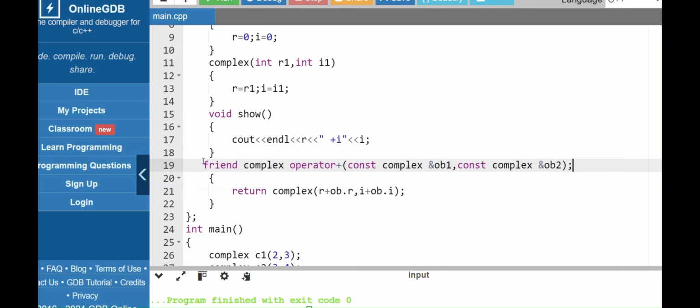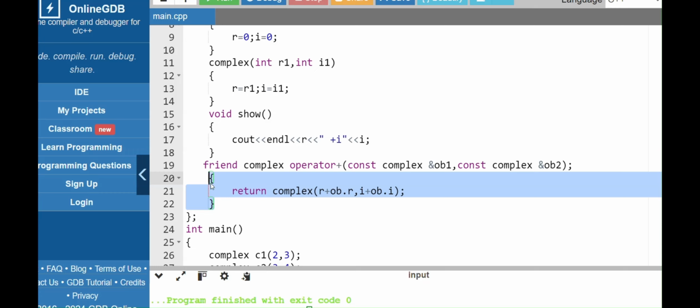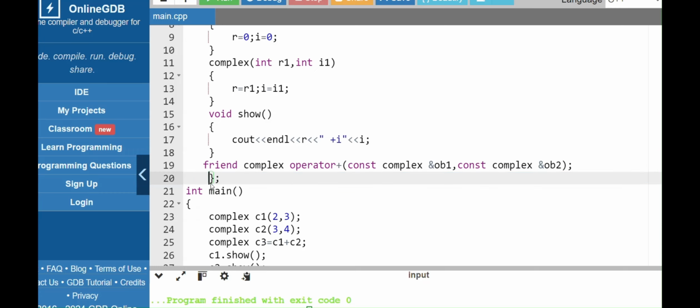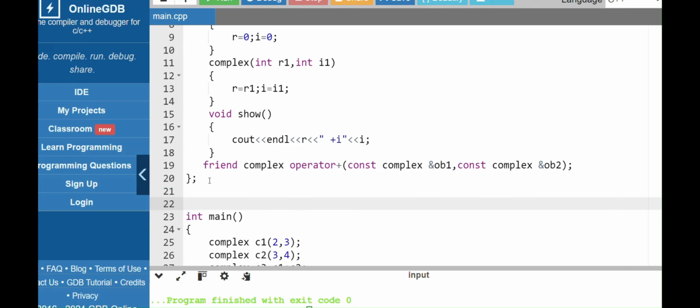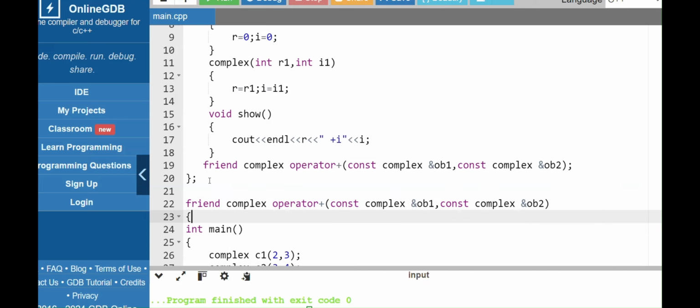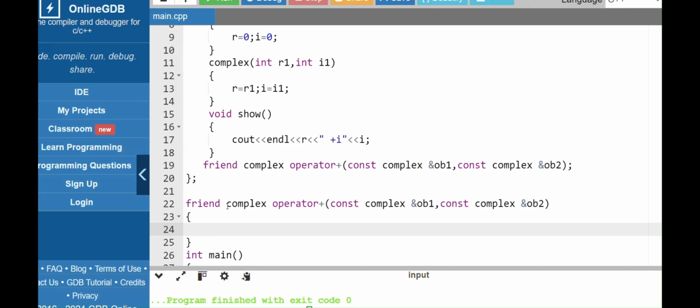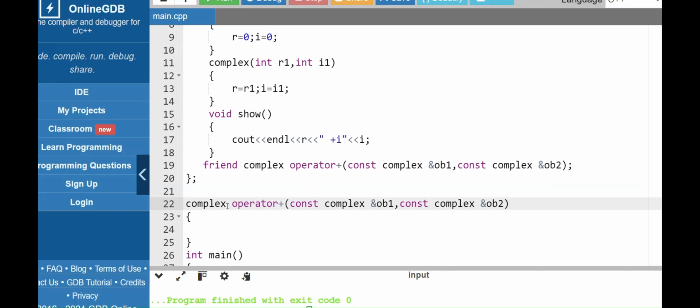This is our friend function. Now this can be deleted. So now I can define this function outside the class. Here we can remove this. Okay, now complex,